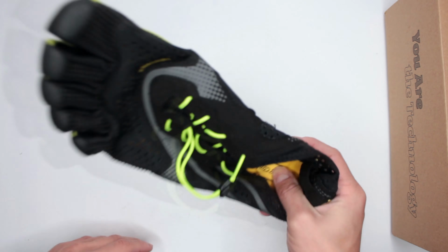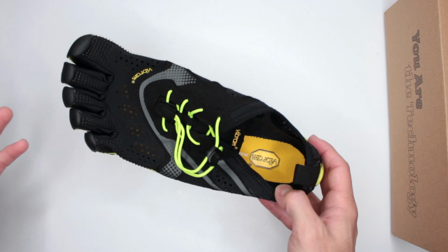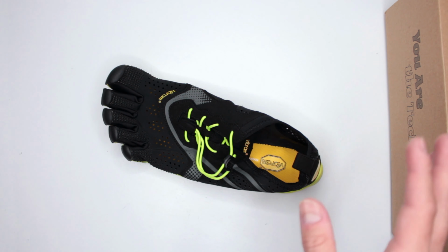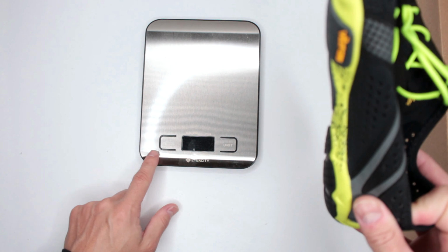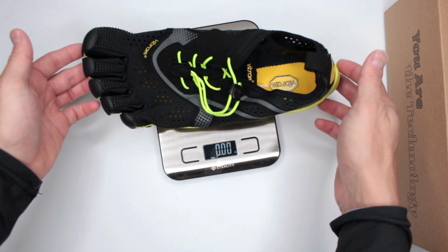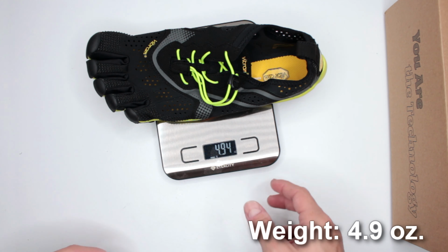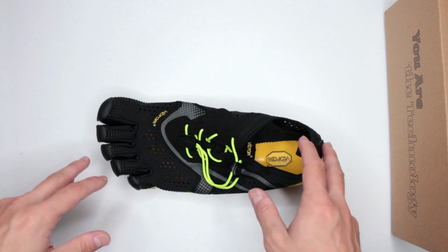And like I said, these are so far my most favorite Vibram 5-finger shoes out of the whole Vibram 5-finger series. There are a few reasons. First of all, is the weight. Let's see exactly how light or heavy these are. Well, light, really. 4.9, excellent weight. To give you a reference number, usually I say if you want a lightweight shoe or boot,